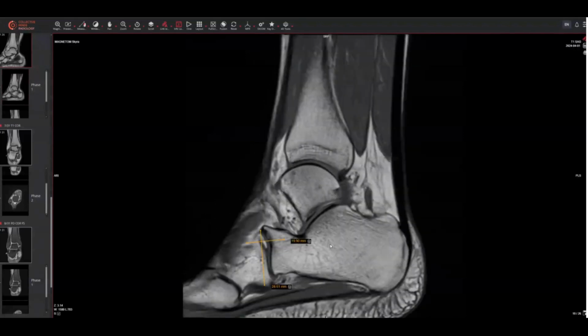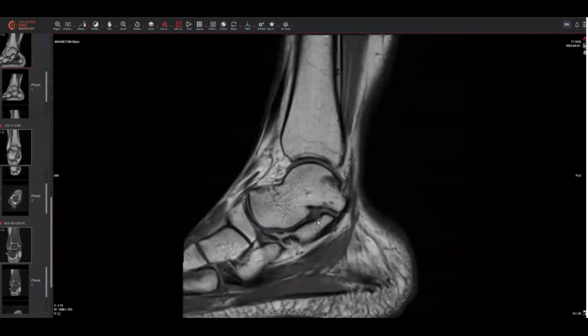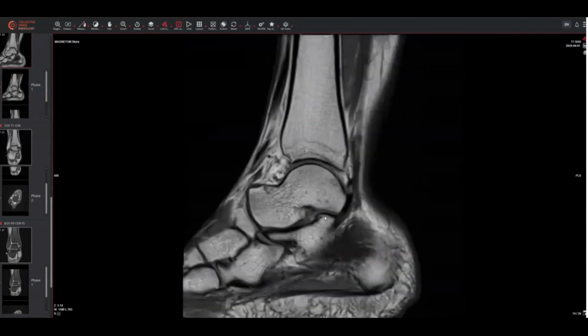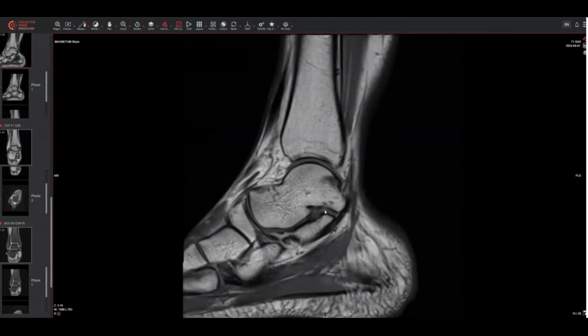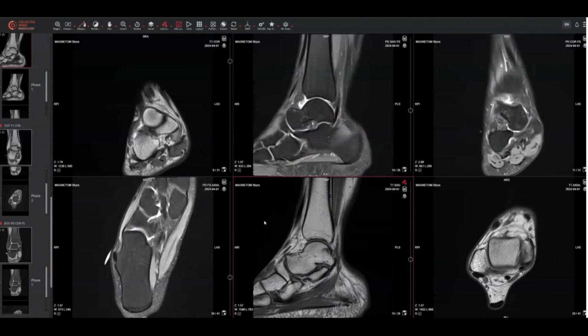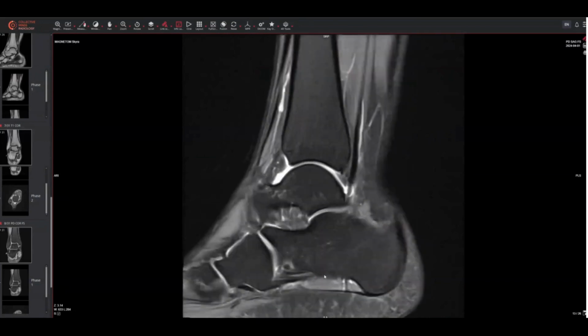But I think the observations to take home in this case are to notice that when we have a developmental variation, you can have curvature of your articular surfaces, probably in preservation of some of the ankle motion that is developmentally occurring as the skeleton ages. The curvature of spaces is known as a ball and socket angle. So when we see curvature where we suspect that there is some kind of developmental variant, we're going to search for our coalitions and understand that those patients may present with non-healing ankle sprains because of their already